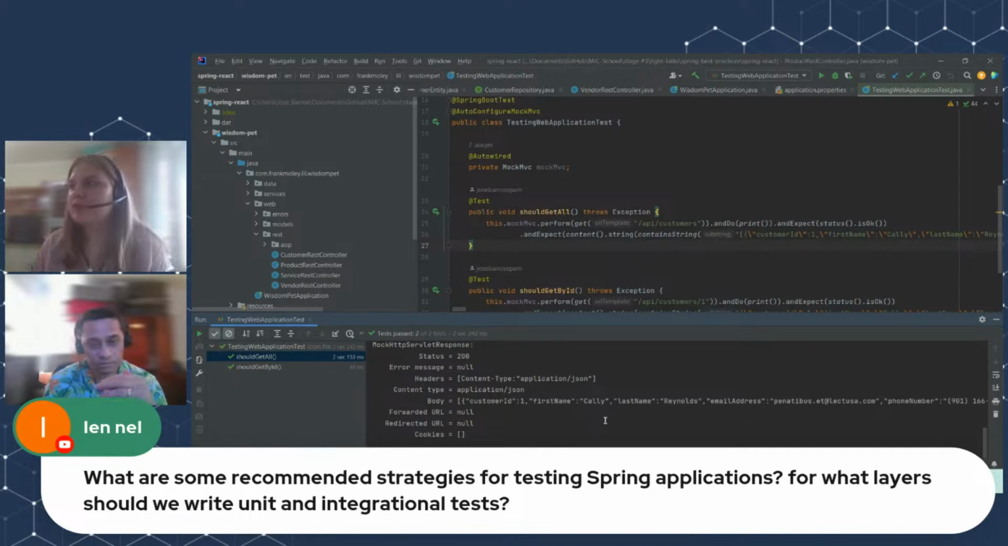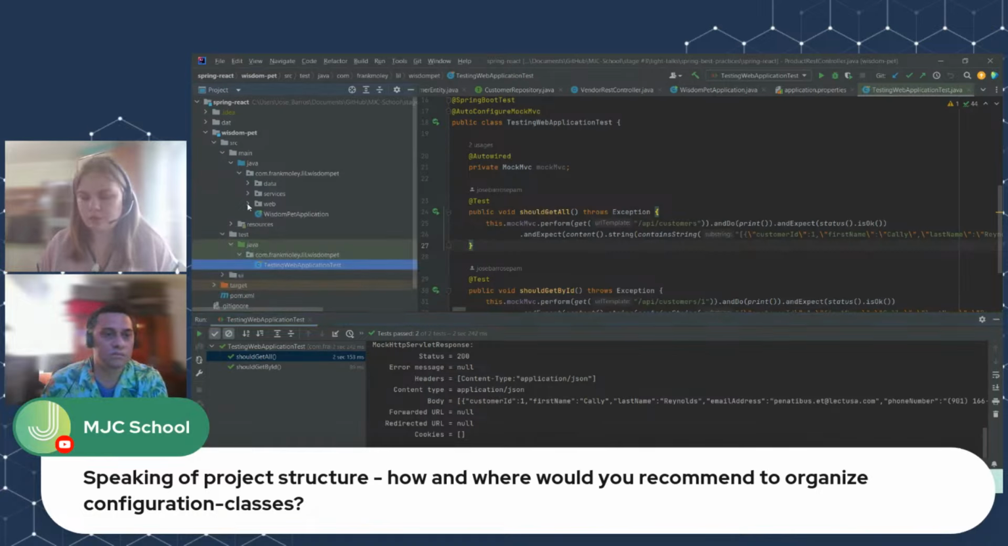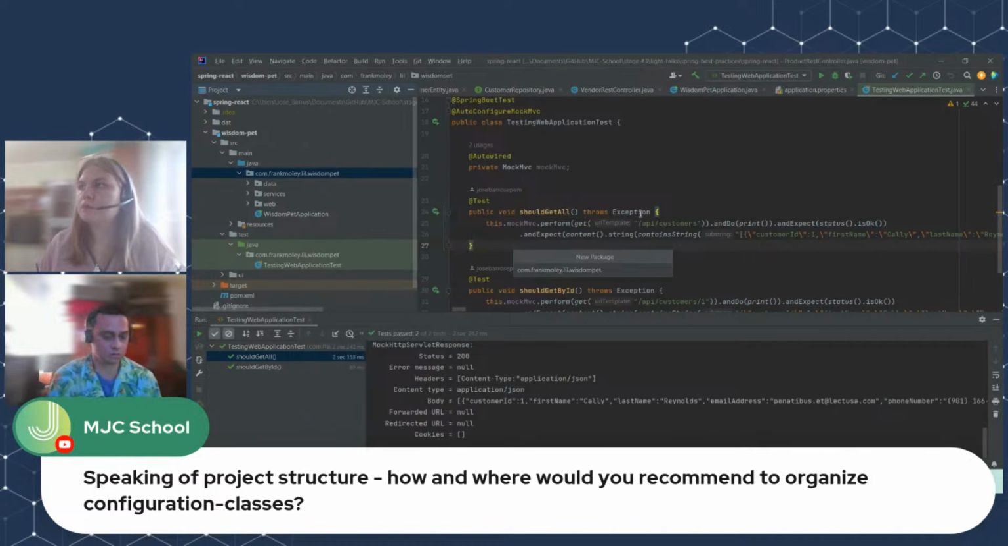Yeah. Next question is here. Speaking of project structure, how and where would you recommend to organize configuration classes? Yes, we can. The configuration classes are not complicated to separate. We can have, for example, some package in my project here. For example, I could create some config package here,